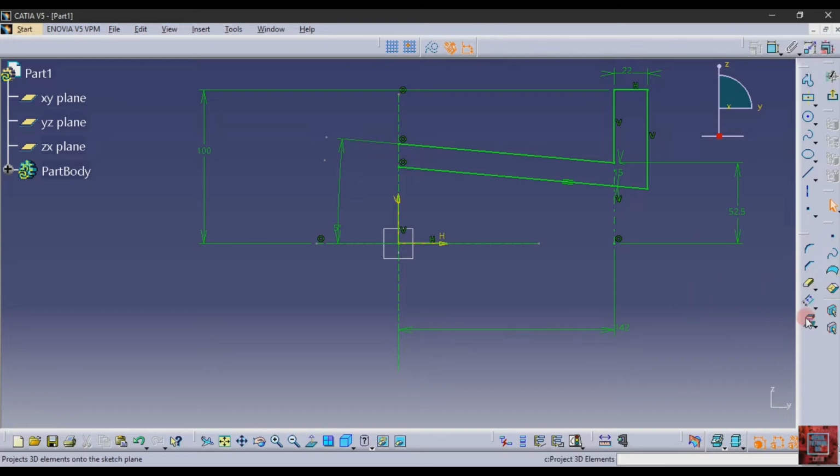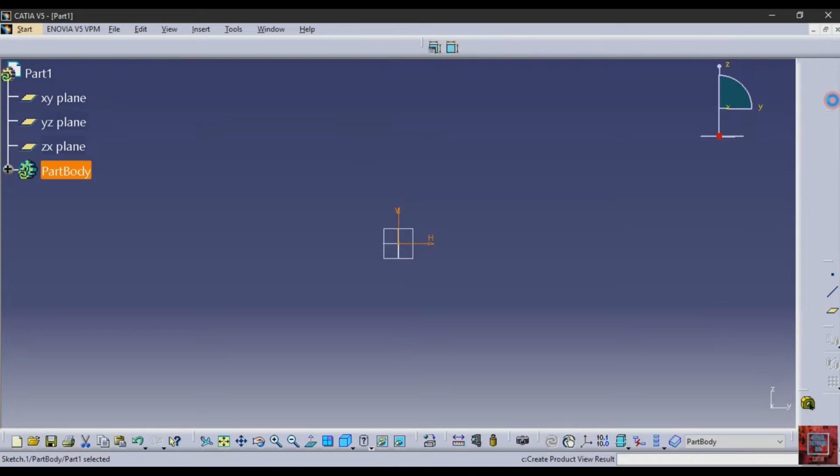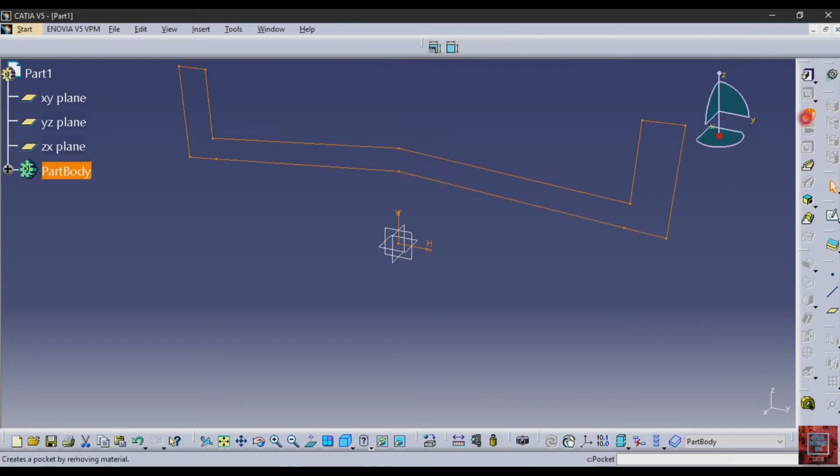Then mirror this part. First of all, select all lines, then the mirror command, and the axis is this, and then exit sketch. By the help of the shaft command